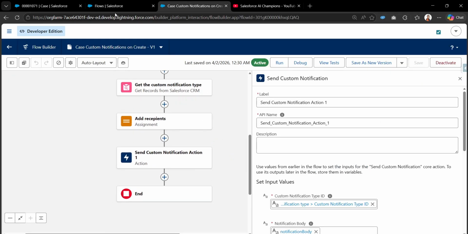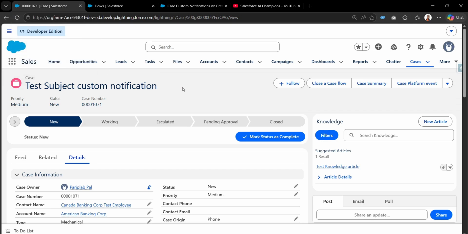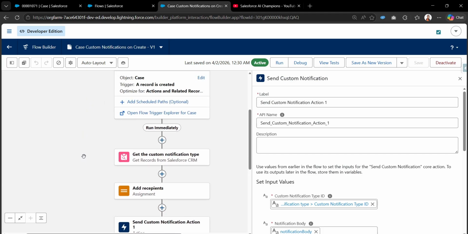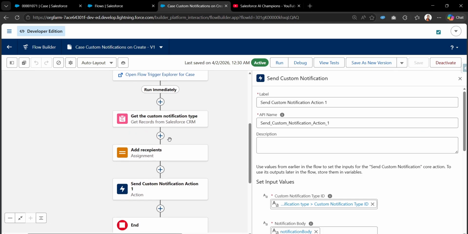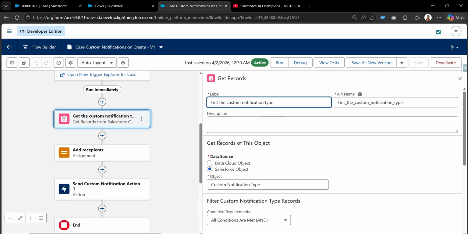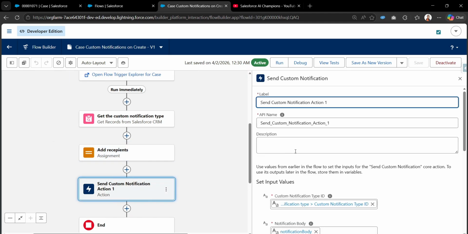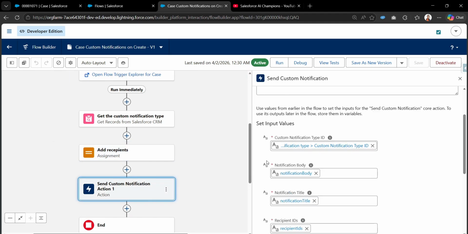So what we have learned today, so I have talked about how we can create the custom notification type from the notification builder in the setup. Then we have configured a record triggered flow on creation of the case, and we are using a get record, we are getting that custom notification type information. Then using an assignment element and using a collection variable, we are just adding all those case owner IDs to that collection variable, so that we can pass all those parameters into the out of the box send